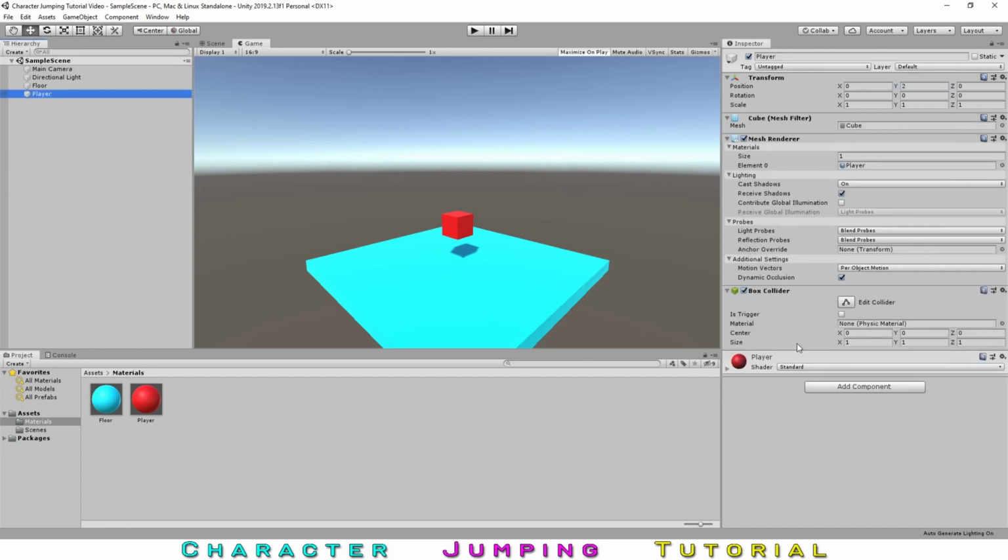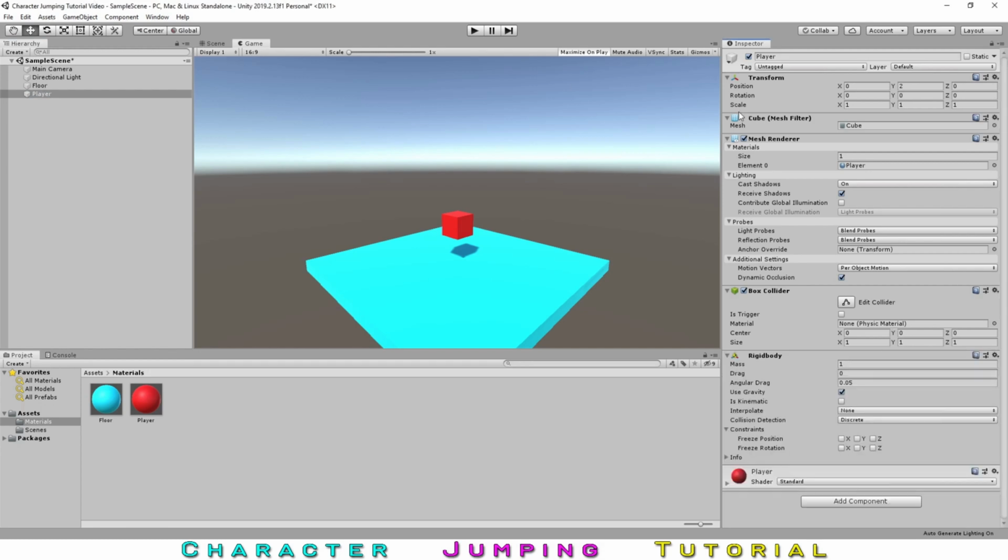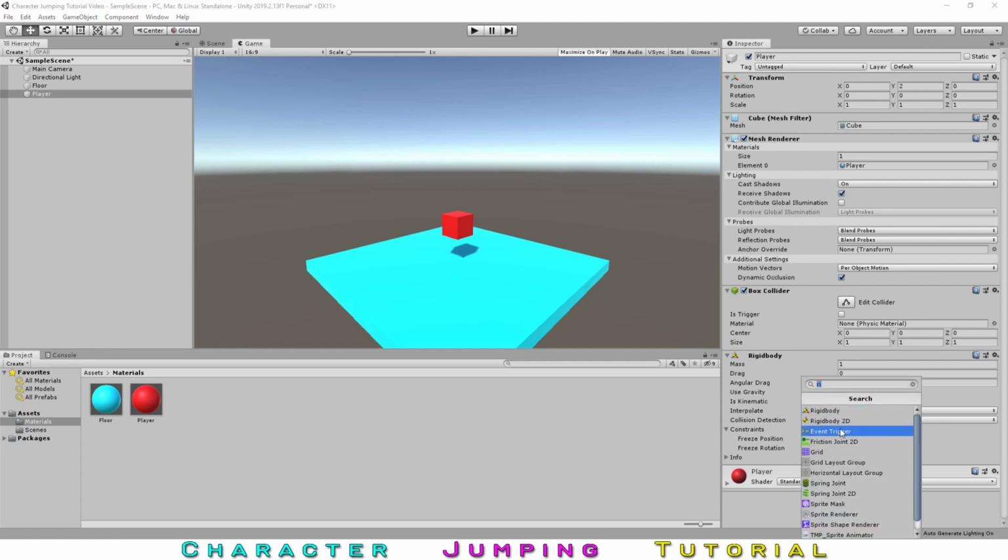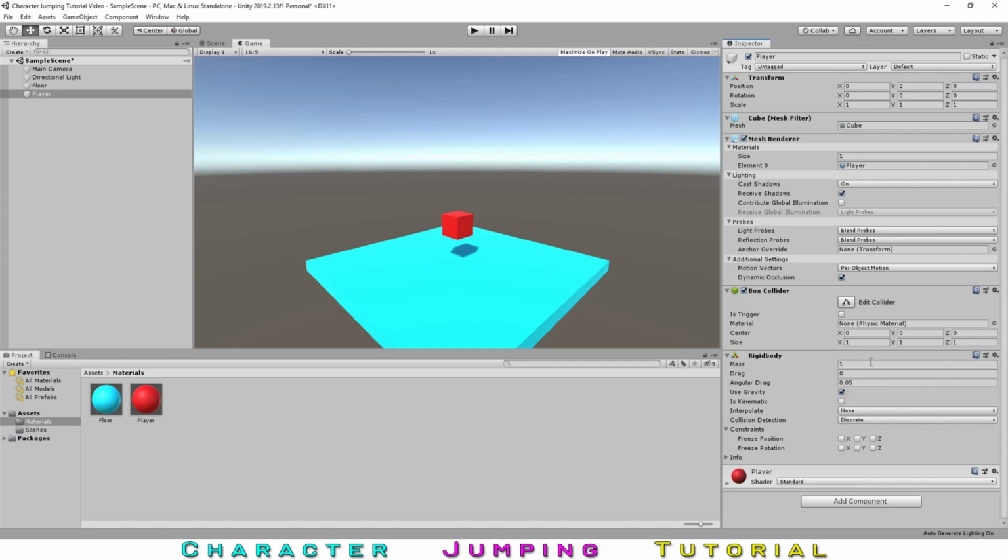So the first thing that we're gonna wanna do is, the way that we're going to be getting our player to jump is using Unity's built-in physics engine. So to allow our cube to act under physics, we're going to be adding a component to it called a rigid body. So ta-da. And by extension, if we were making jumping for a 2D game, you could add a similar component called a rigid body 2D, and most of the stuff we will be covering should be pretty much